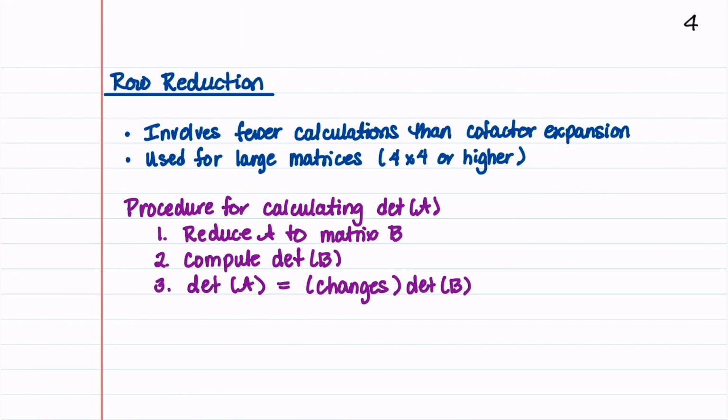The last determinant method that we'll go over is row reduction. Row reduction involves fewer calculations than cofactor expansion, and it's primarily used for large matrices, meaning those that are 4 by 4 or higher. I've written down a procedure that I've used when I teach students this method. It has 3 steps. The first step to calculate determinant A is to reduce A to matrix B. Matrix B is a matrix that is in echelon form,